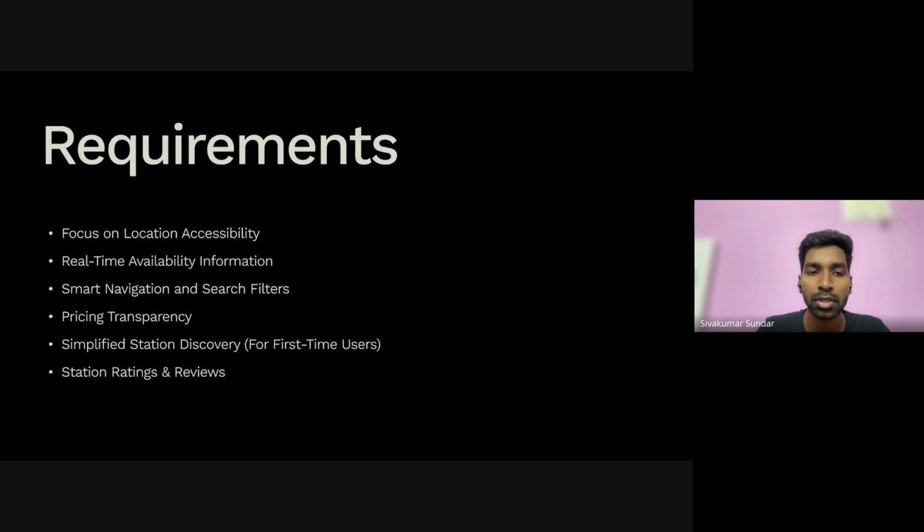So now focus on location accessibility is where I get a thought of, oh, a map is really needed. So the first interface or the first home screen of my app is going to be a map where, using GPS or real-time location grant, I'll be able to just tap on the GPS icon, identify the location and then show nearby charging stations. So this will be my first screen. Now I've arrived at a point where this is going to be a primary problem that I'm trying to solve for. So this is where research helps you in identifying what you need to do